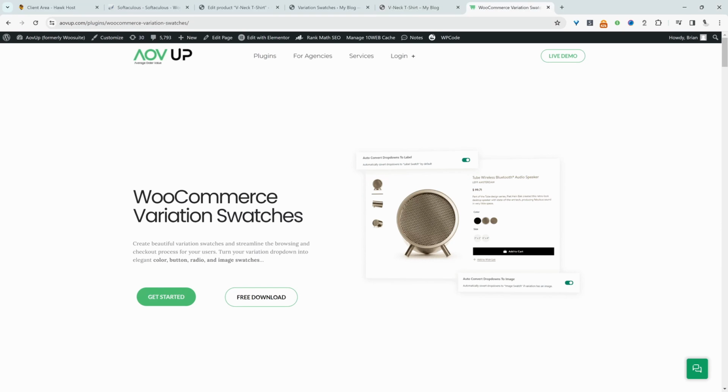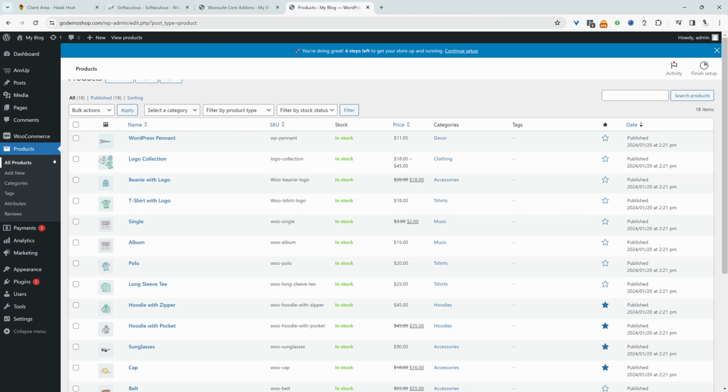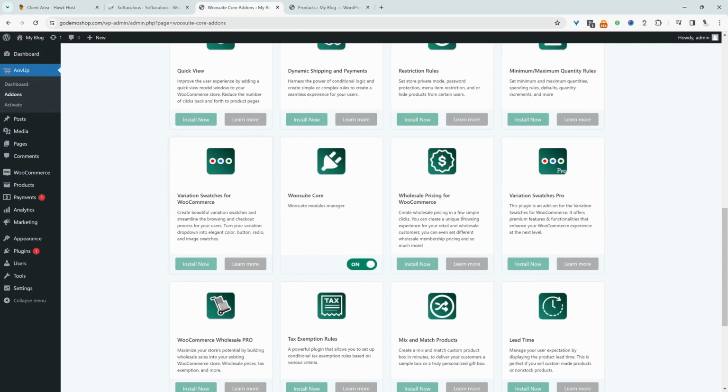And with that being said, let's head over to our dashboard. So the first thing we need to do is install the aovup variation swatches plugin. So I'm going to install the free version and the pro version. Let's switch these to on. Okay, so now that we've got the variation swatches plugin by aovup activated, the next step is to go ahead